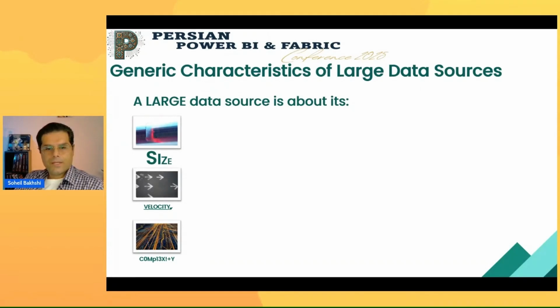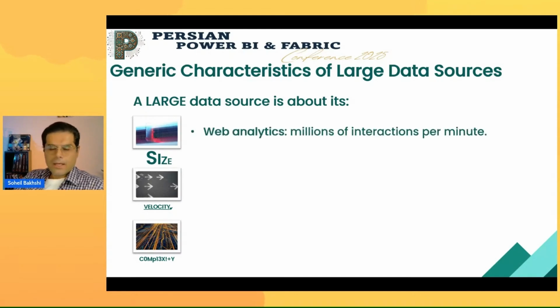And let me give you some examples about large data source and what these things mean in terms of size, velocity, and complexity. Imagine a web analytics, just like Google Analytics. We have millions of interactions per minute. Digesting all that data and turning it into information, which is the facade of every data platform, right?